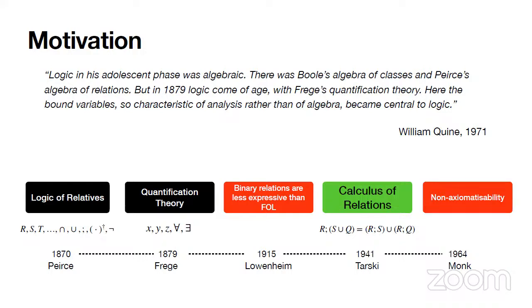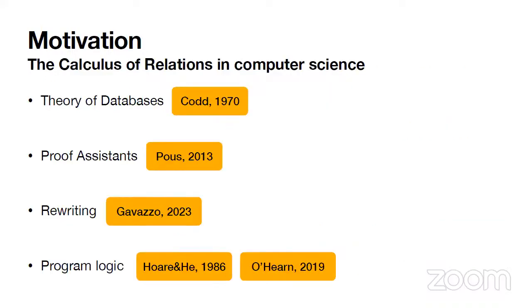Unfortunately, this relational approach decayed again when Monk in 1964 showed that the calculus of relations cannot be axiomatized by an equational axiomatization. Anyway, in computer science, the relational approach has some pretty nice applications. Maybe the most famous one is on relational databases, but also its graphical framework makes it very amenable to persistence, where you can get purely equational proofs. Recently, I found application also in rewriting, and